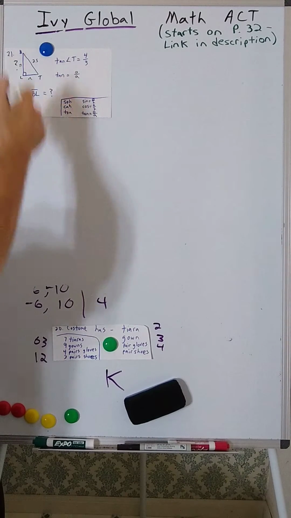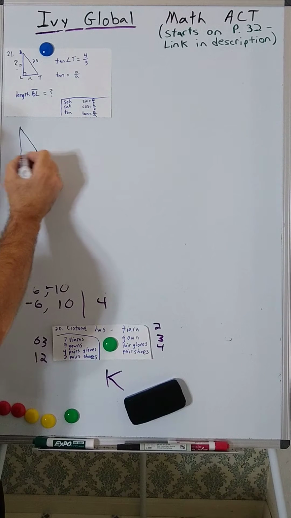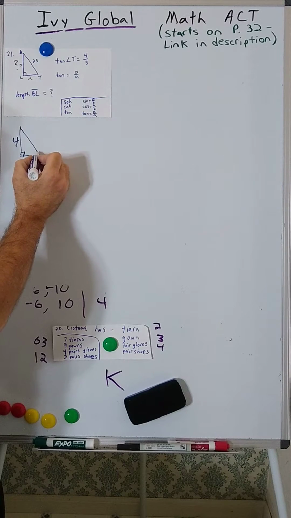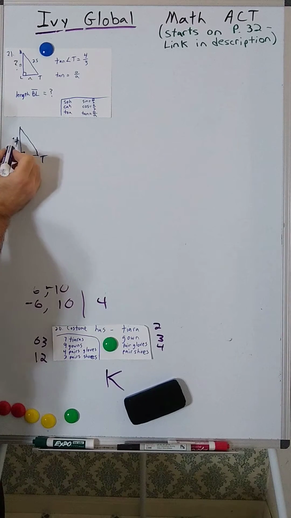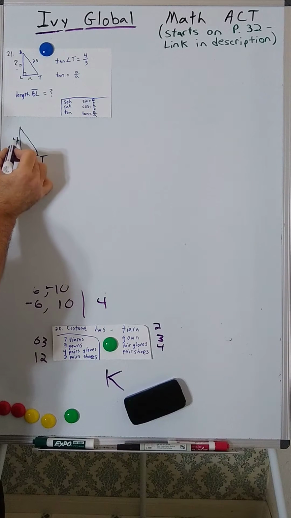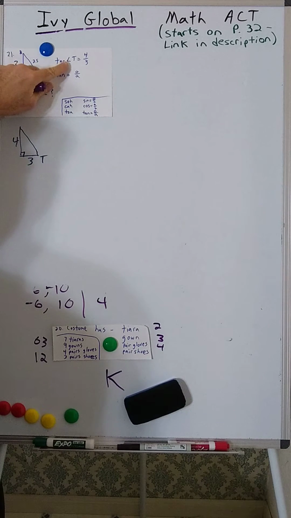Okay, so let's make a triangle. It just shows the 4 and the 3. So here's angle T. The opposite is 4, the adjacent side is 3. So the tangent of T is 4/3. This triangle is similar to this triangle. That's the idea of the trigonometry. As long as one of the trig functions has a certain value, any other triangle with that